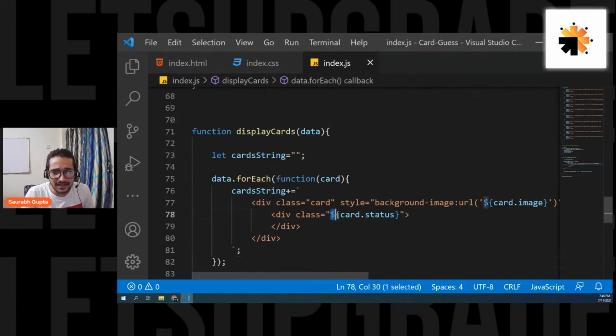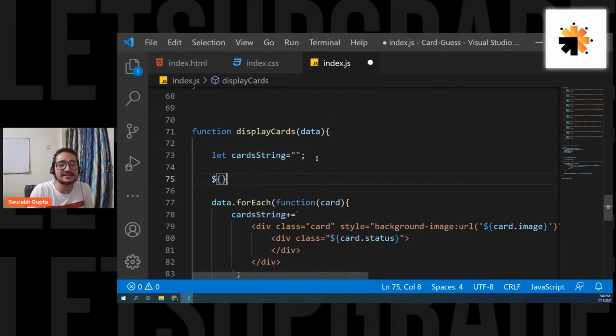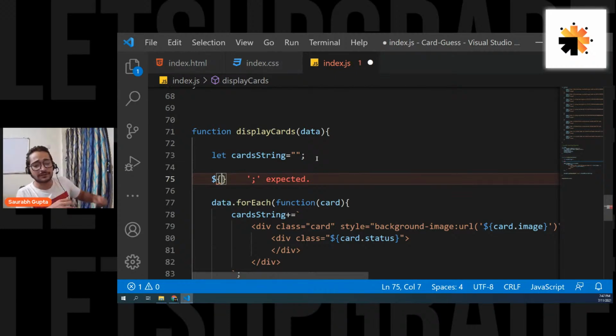See, this dollar curly braces is helping us to mix the variable in the string. It's just a syntax. This dollar curly brace is the syntax of ES6 JavaScript. This is what you use to write your variables if you're writing them inside a string. This is what you use to mix the variables with string. Is that cleared,